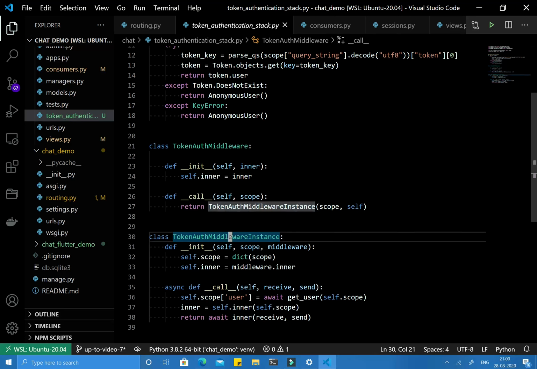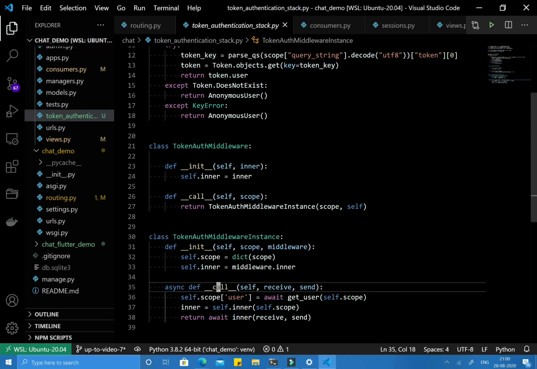So you need to create another class which will have an asynchronous call method. It will receive two arguments, receive and send, which are ultimately like request and response. In normal middleware we have request and response, and in the same way here we have receive and send. Whatever we receive is receive, and whenever a consumer sends something back, it will call send.